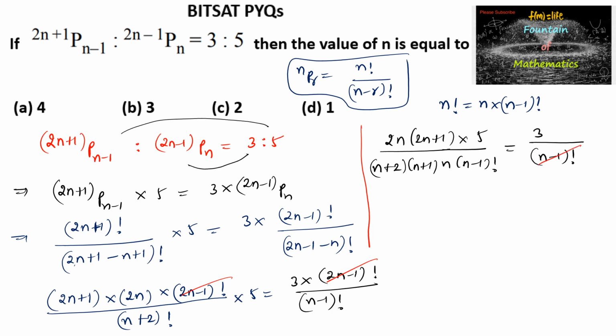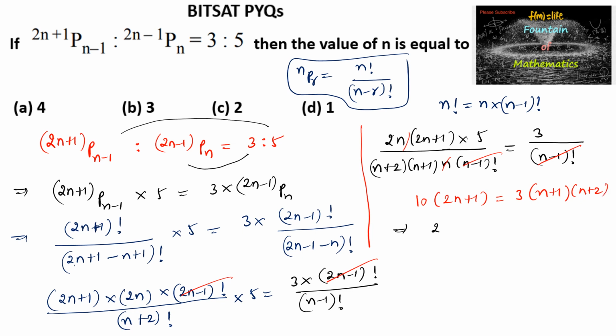So we may cancel (n-1)! on both sides, and n and n get cancelled. So 2 fives are 10, 10 times (2n+1) is equal to 3 times (n+1) into (n+2),